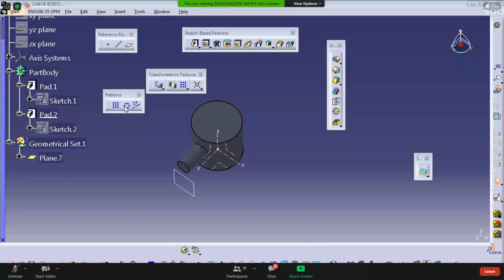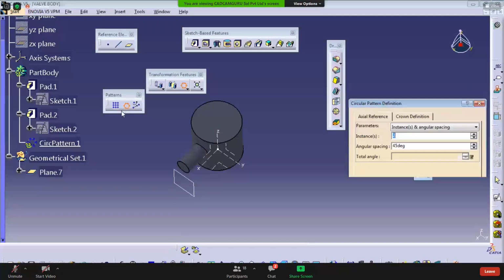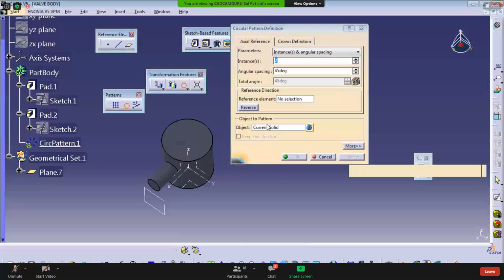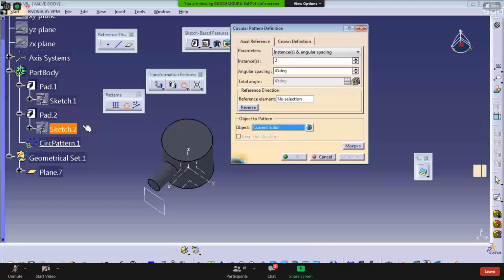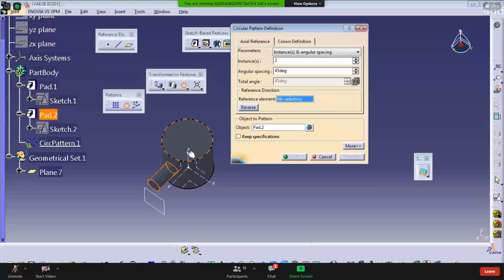So to create the circular pattern, click on this. Object to pattern is this pad. Reference direction is around Z axis. You want to rotate. How much quantity we want, that you have to define. 8 quantity.